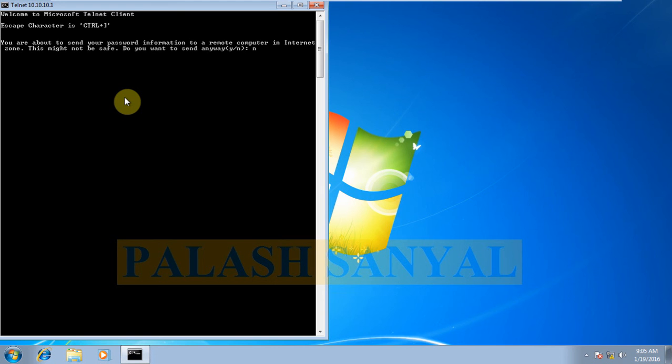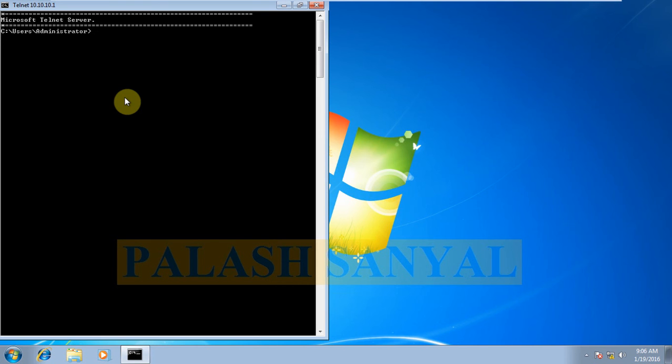I press enter. Login ID: I can log in to the server as an administrator, so I enter the login ID administrator. Enter, type the administrator password. See, I connected, C:\Users\Administrator. I am connected to the server command prompt.